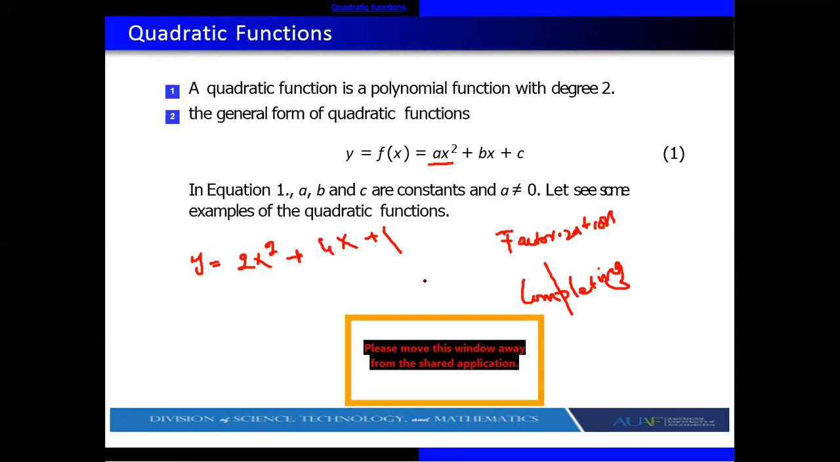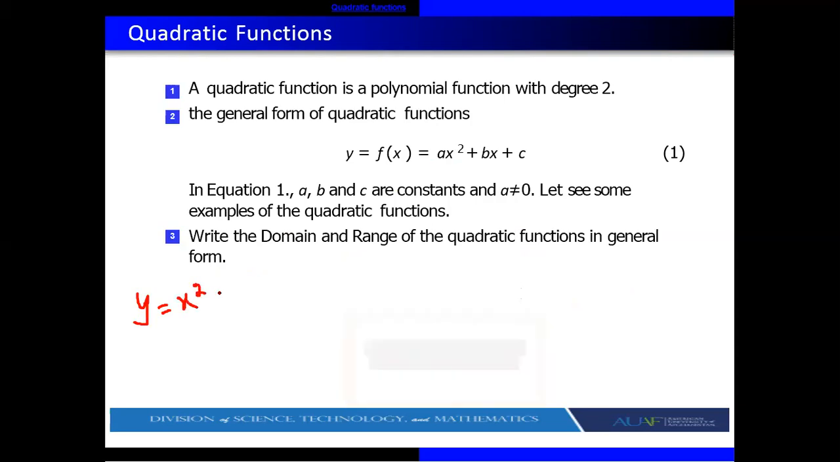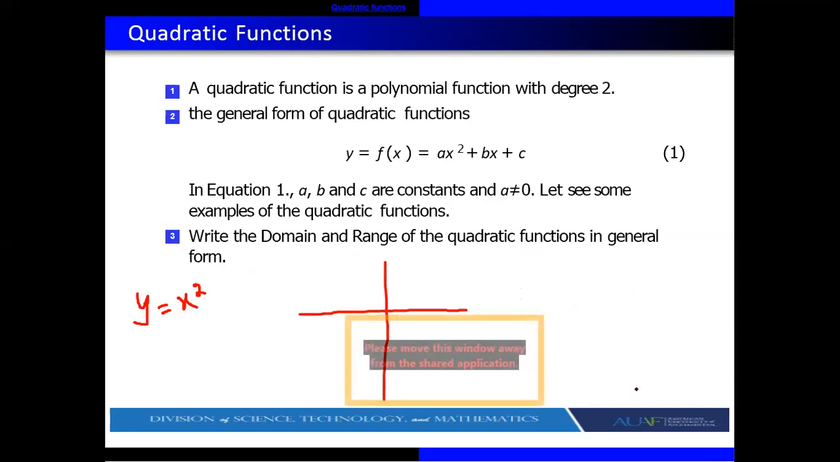Okay, how can we draw the graph of a quadratic function? Graph of a quadratic function will be a parabola. For example, we have function like y is equal to x square. If we draw the graph of this function,